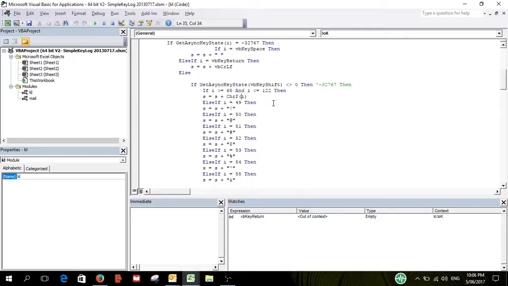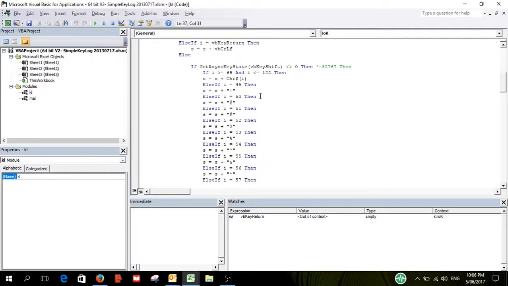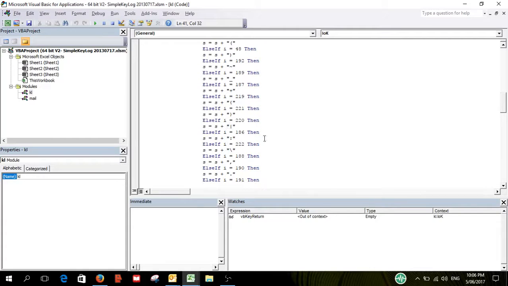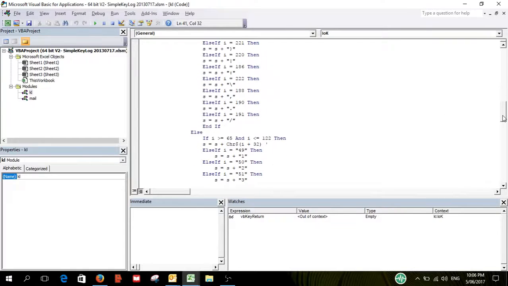So if I is 49, it's an exclamation mark. If it's 50, it's at, 51 hash, and so on. It's just checking for all these special characters. Yeah, all the main symbols. Now if it's between 65 and 122,